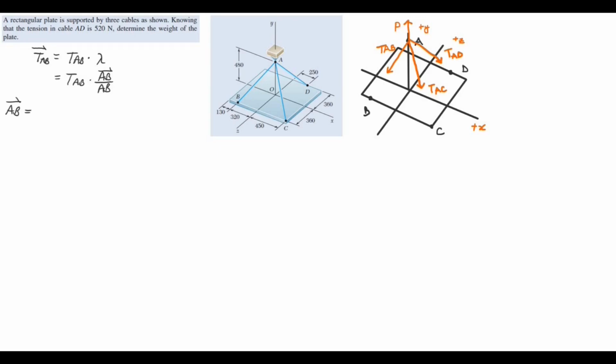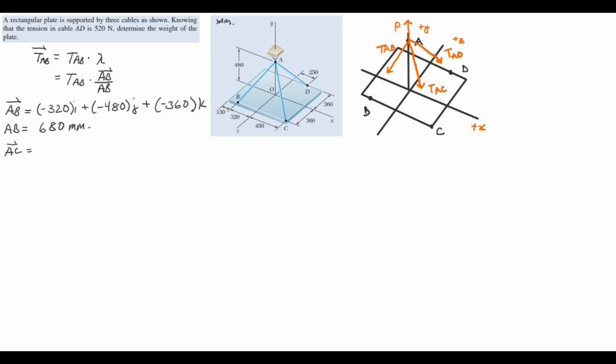Vector AB is equal to minus 320i, minus 480j, minus 360k. And its magnitude is equal to 680 millimeters. And the diagram got cut off, but all of the dimensions are in millimeters. Vector AC